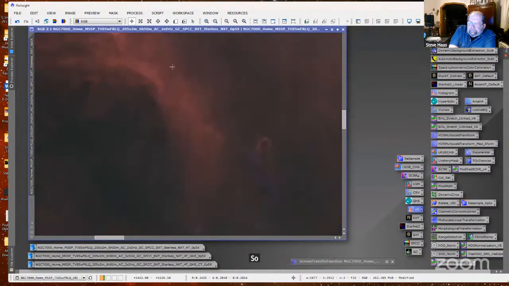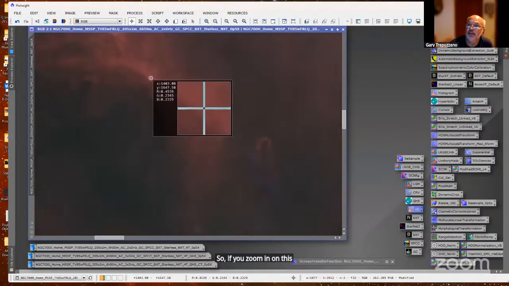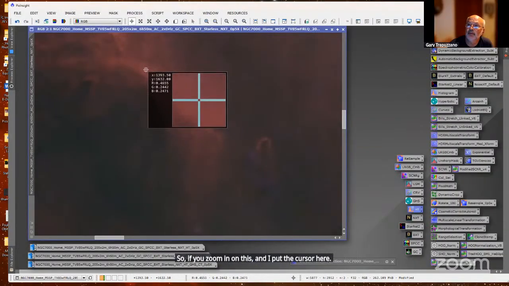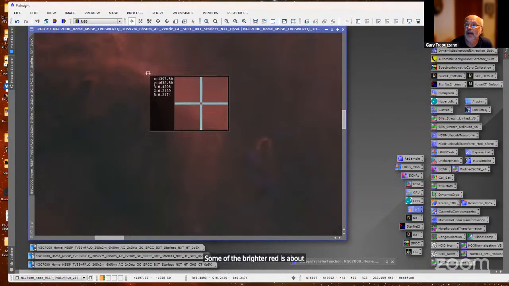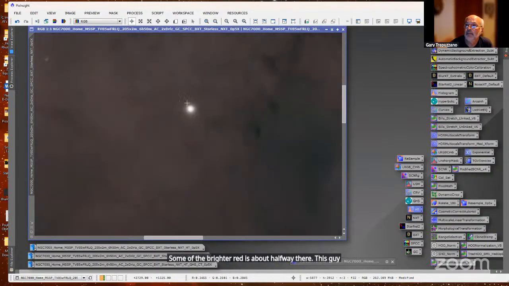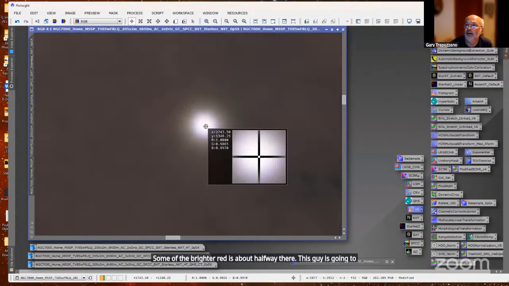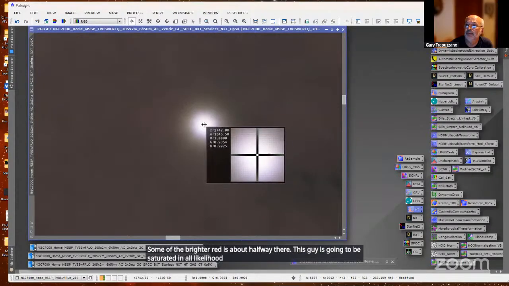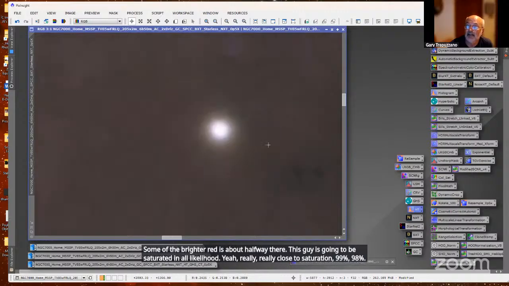So if you zoom in on this and I put the cursor here, some of the brighter red is about halfway there. This guy is going to be saturated in all likelihood. Yeah, really, really close to saturation, 99%, 98%. I don't really care about that because